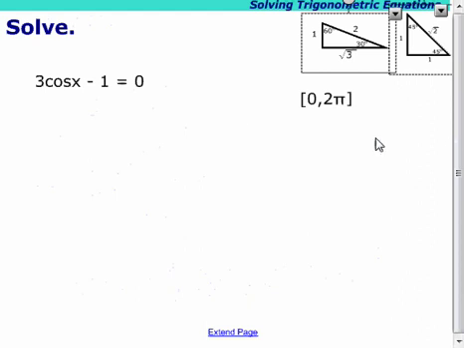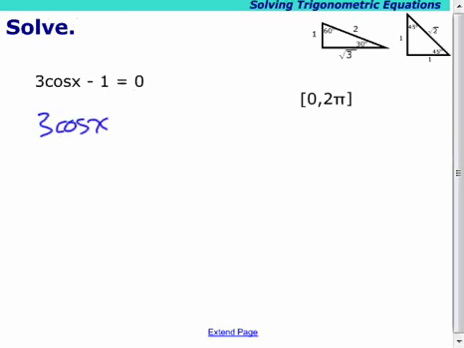Let's look at another one. This one looks to be a little bit similar to ones we've had before. Let's move the 1 over. 3 cos x is equal to 1. Divide both sides by 3. I get a third. I don't know, that one doesn't really match up with any of my special angles. If it doesn't match up with a special angle, simply just solve that on your calculator. So it must not be an exact value, so I'll go inverse cos or arc cos of 1/3, and it comes out to about 70.5